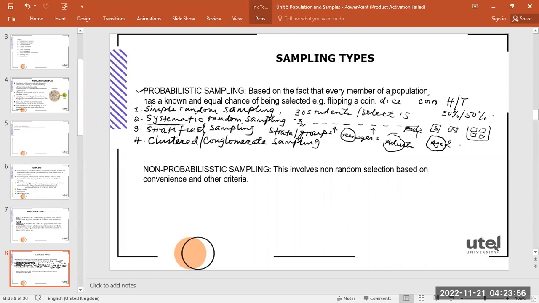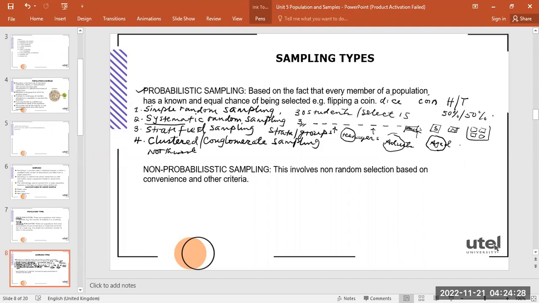Now, in this type of sampling, usually a group of similar things or people are formed. A typical example is if you want to carry out a market survey about how a certain food item or product is faring in the market. You could decide to divide the city or the country into different clusters, such as